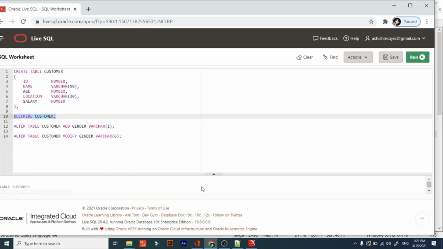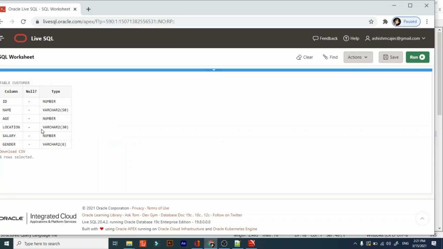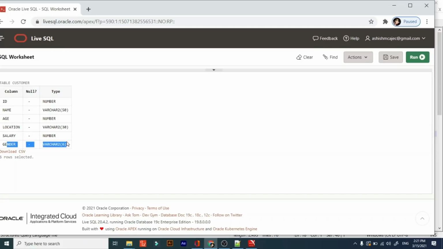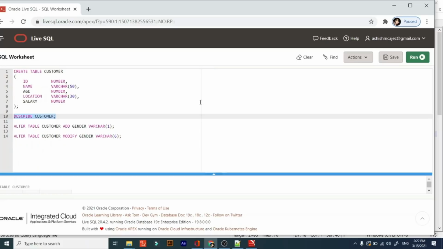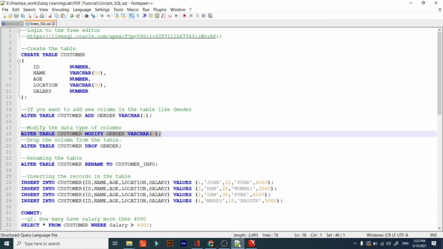Now describe the table again. See, the gender column is varchar, and the length of the varchar has been increased. So these are our alter commands.